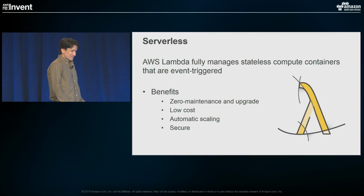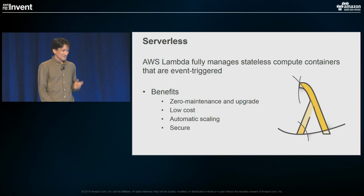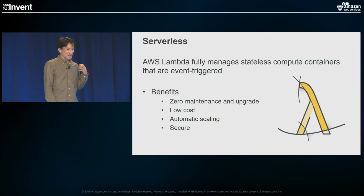So now I'm going to talk a bit about the serverless. I've got 3 more patterns to cover. I think this covers quite a broad range, so you'll be very interested. So just going back to the serverless concepts, this allows us to run machines or run our code based